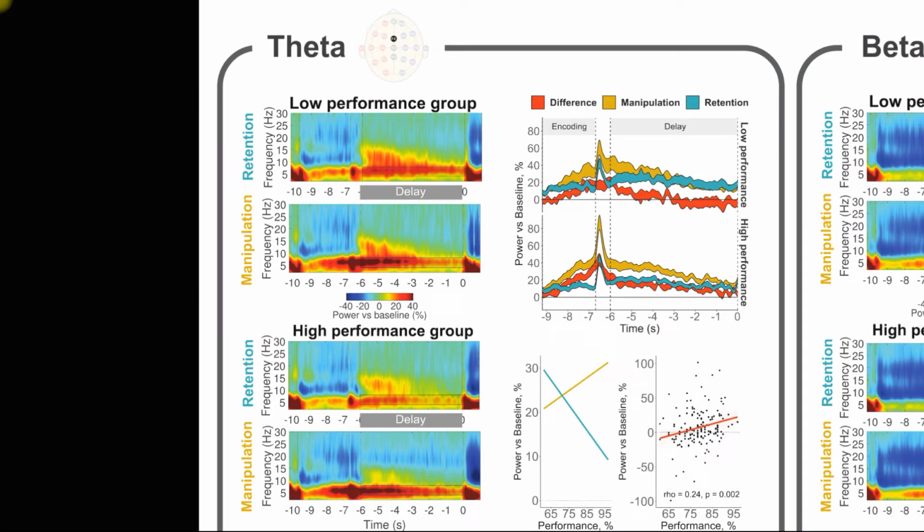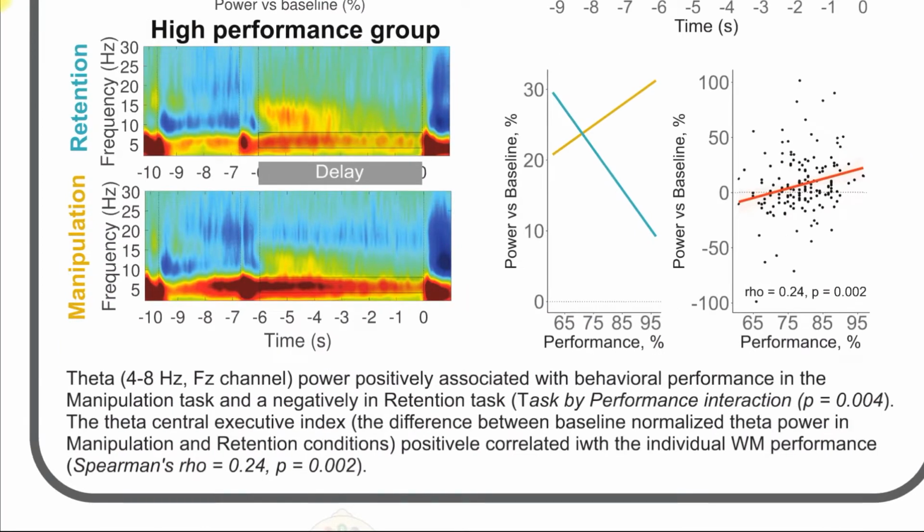First, we looked at the frontal midline theta activity and found that theta power was stronger in the manipulation task than in the retention task in both low and high performing individuals. Then we subtracted the retention theta from the manipulation theta in order to understand the contribution of the central executive component of working memory